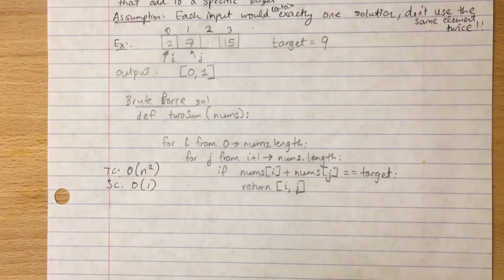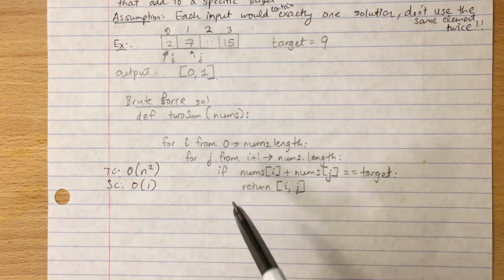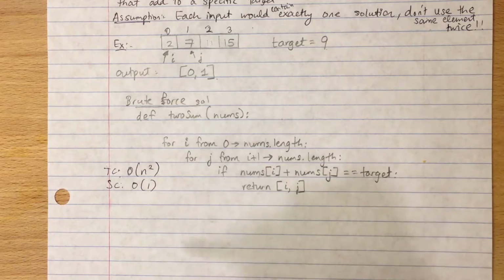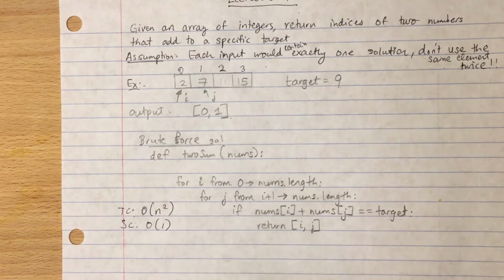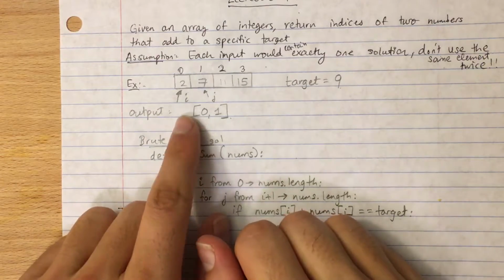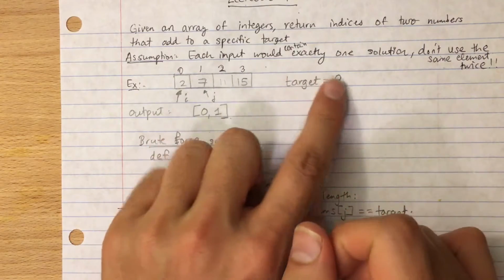Okay, so can we do better? And the answer is usually with algorithms, it's always yes, right? So how can we actually do better? Well, the idea with doing better is we want to think about this differently. If we start at a given index, we can essentially find out exactly the number we're looking for if we use the information provided